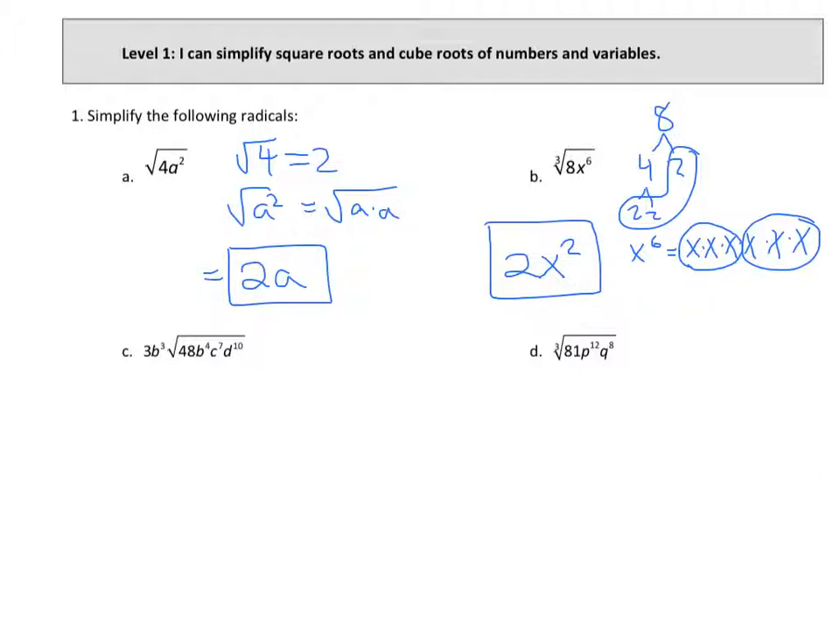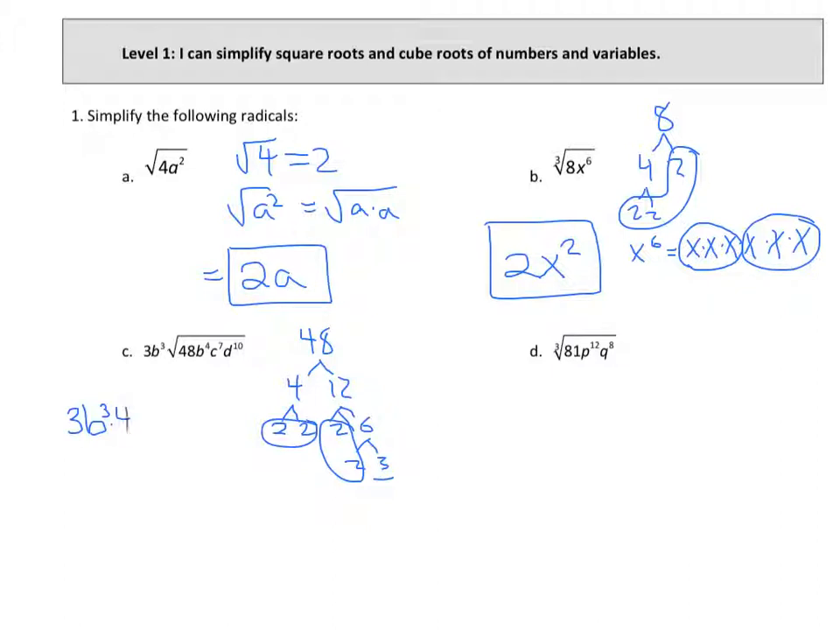Okay, this next example has a little more going on. First, we're going to simplify the inside. I do my factor tree for 48. This is 4 times 12, 2 times 2, 2 times 6, 2 times 3. We have 2 pairs of 2's and a 3 that's going to stay inside. I already have 3b to the 3rd that I'm going to leave out front. I'm going to take out 2 2's, which means I multiply them together,